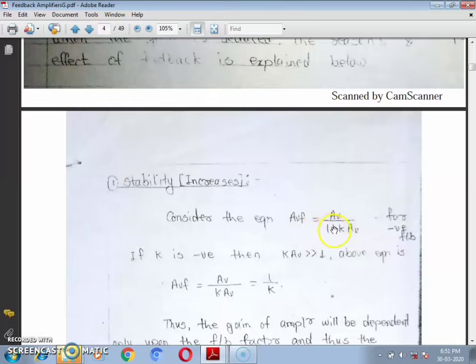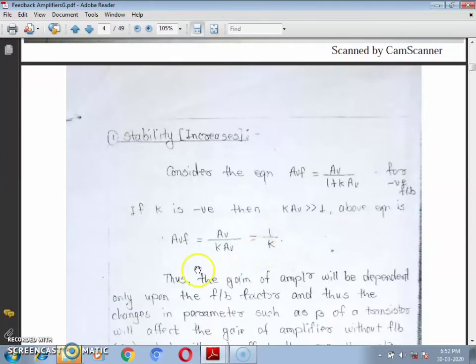So definitely 1 plus KAV, this term KAV is more than 1. So finally this can be approximated and written as KAV. So finally AV divided by KAV is equal to 1 upon K. So finally it is seen that with negative feedback, the voltage gain depends only on the feedback factor K. It does not depend on the gain of the basic amplifier or the parameters associated with the basic amplifier,